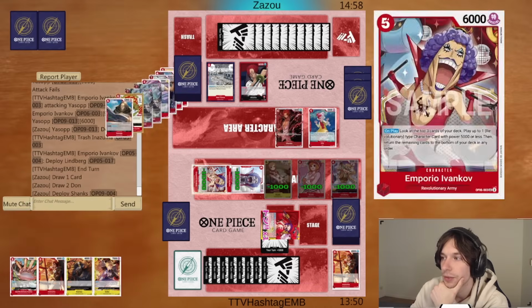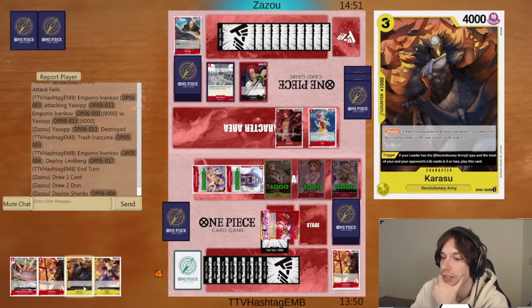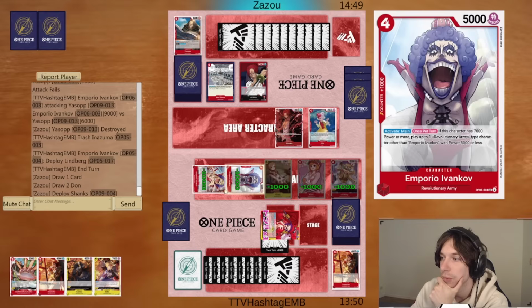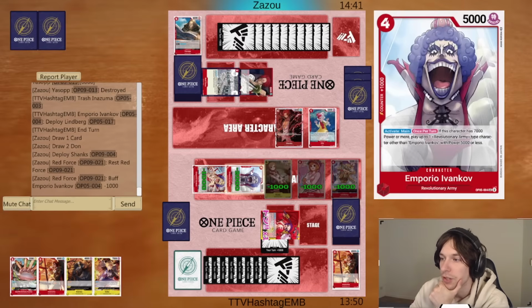But he's down to 3 cards here. It's going to be a 10-cost Shanks. That's not going to be much of a problem, actually. I'll still be able to defend one of these swings. And this Ivankov will be staying because I can block the other one. Which means we should be able to go fairly...